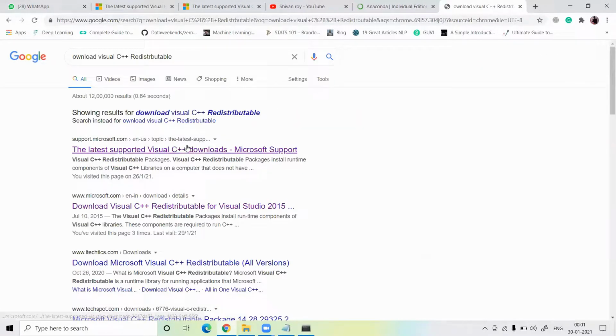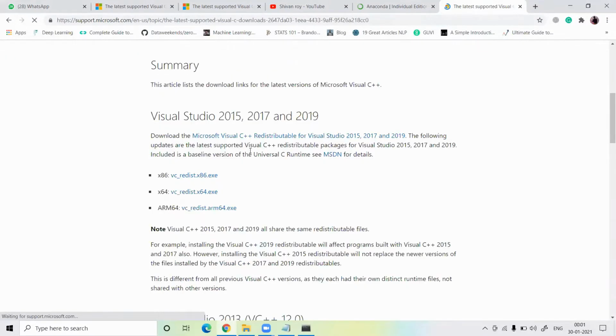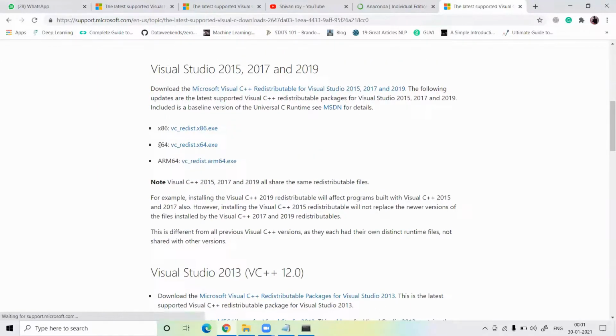Just search on Google and go to the first link, support.microsoft.com, and download this 64-bit exe file. I already downloaded and installed it in my system.